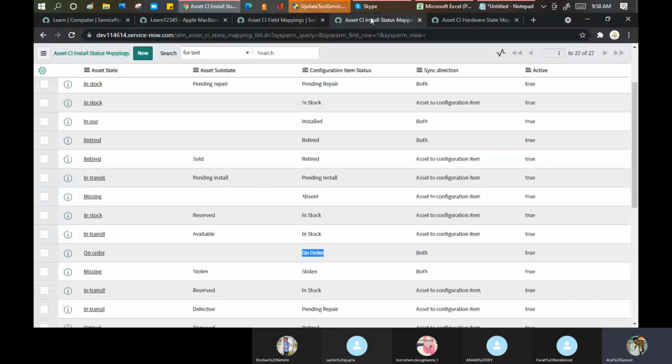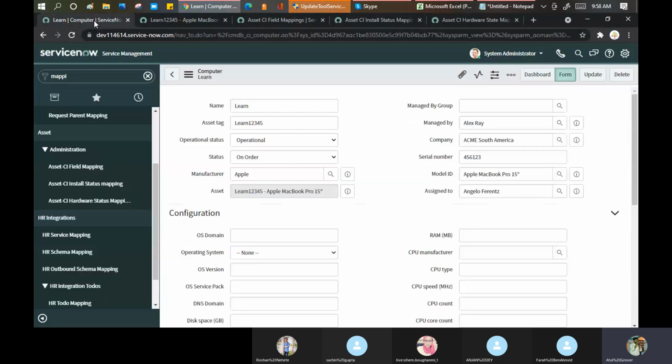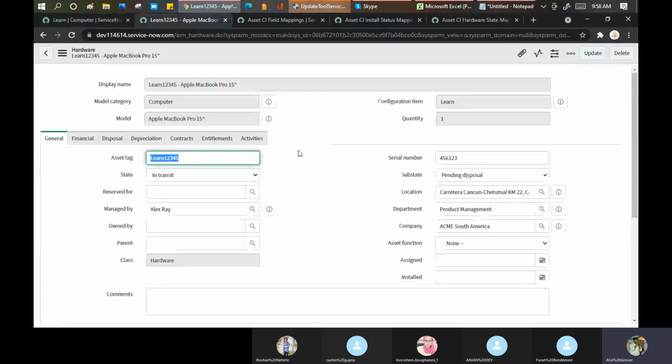Also read on the internet why, if I change the status here, it does not change my asset status. That is a very important point to understand, and there is a KB article given by ServiceNow, so you can read about that.